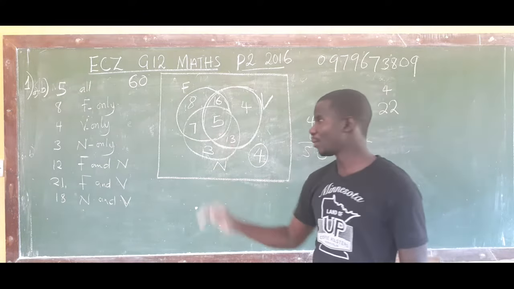The curved surface area is found by this formula: pi multiplied by radius multiplied by L, where L is the slant height. So this is what we're supposed to do here. When you multiply these on your calculator, just confirm that you get this one. And when you round it off to 3 significant figures, as there's always an instruction, this is what you are going to get. Then we can go on and say